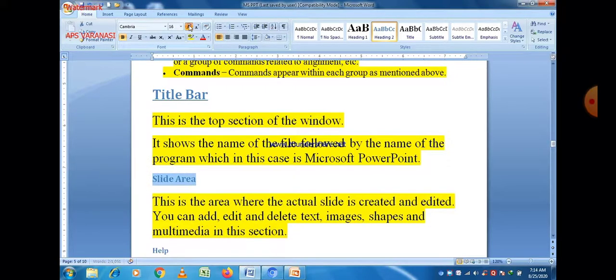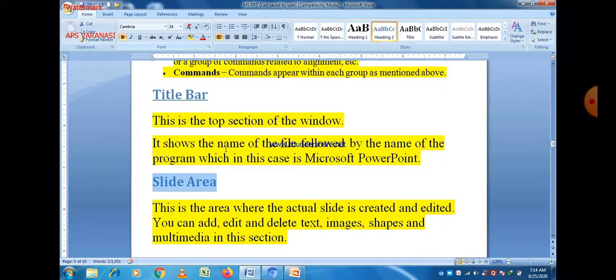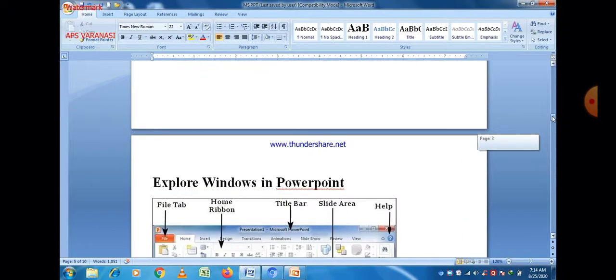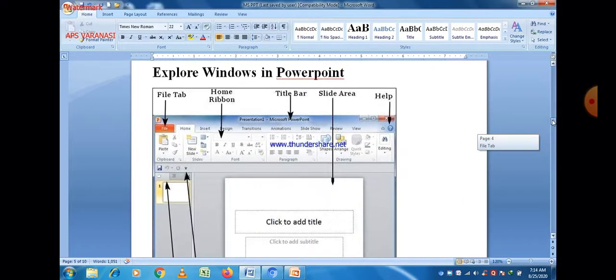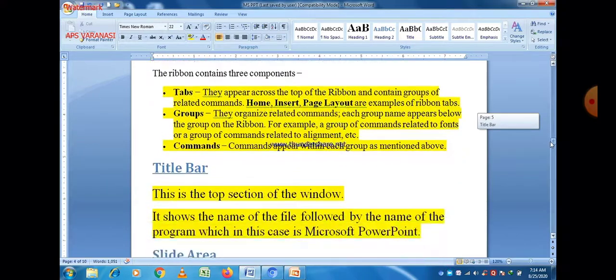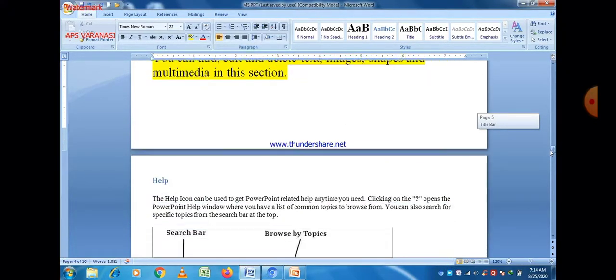This is the actual area where you can create and edit your files, and you can edit, delete, or even insert text, images, shapes, and multimedia in this section. You can easily see that this is the slide area where you can create and edit your PPTs.